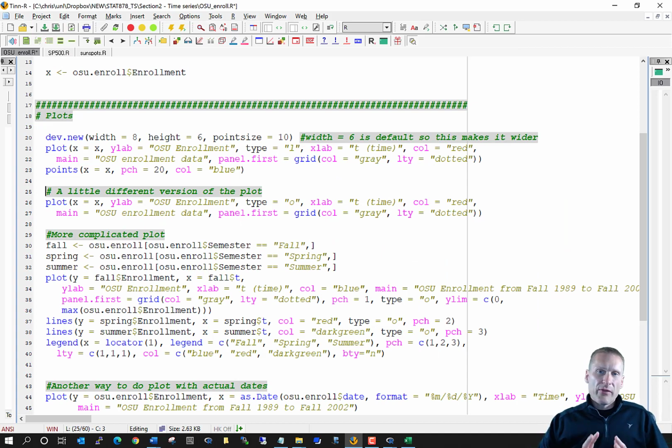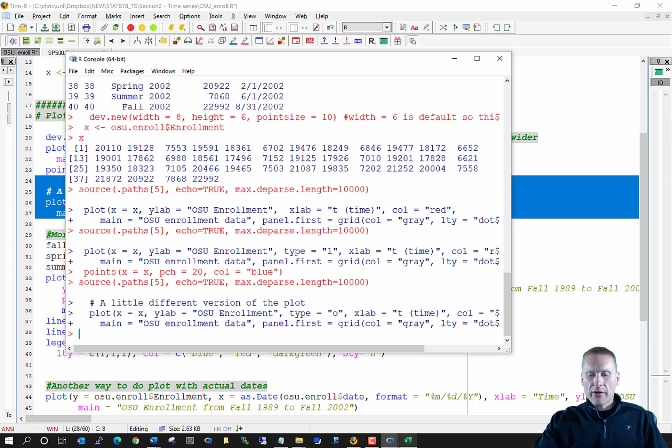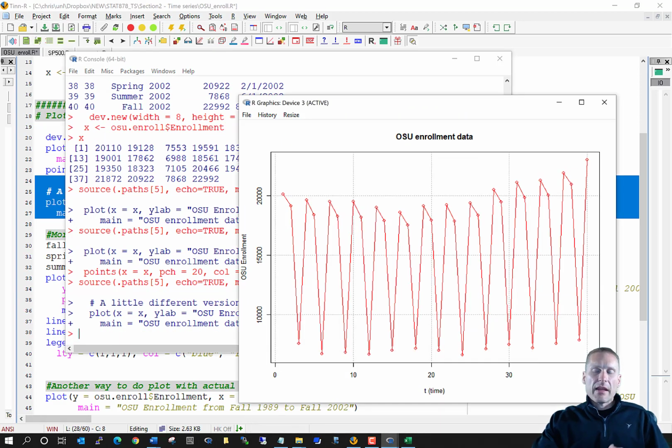So there's a few small things that you can do to this plot as well to change the way it looks. Sometimes this may be desirable, sometimes it may not be. One thing is here, we have a way that we can actually plot both the points and the lines exactly the same time. And that is if I change that type argument from L to O. O will do both points and lines at the same time. So just to show you that indeed that happens, here we go. Now the problem though is that now the points are exactly the same color as the lines, so oftentimes I don't use this plotting format, but obviously it is a little more convenient.